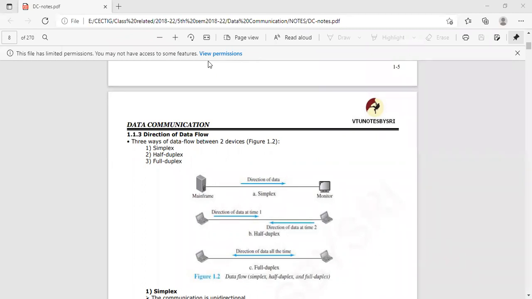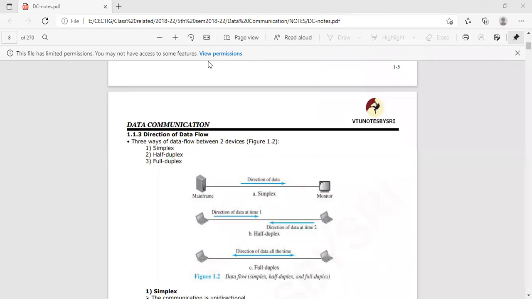Now, how is this data actually flowing, meaning the process of data flowing? How can data flow from the sender side to the receiver side and vice versa? When I am sending data, there may be no reply, or there may be a reply also. So what are the data flow processes in my data communication system? Discussing this topic, there are three possible ways.